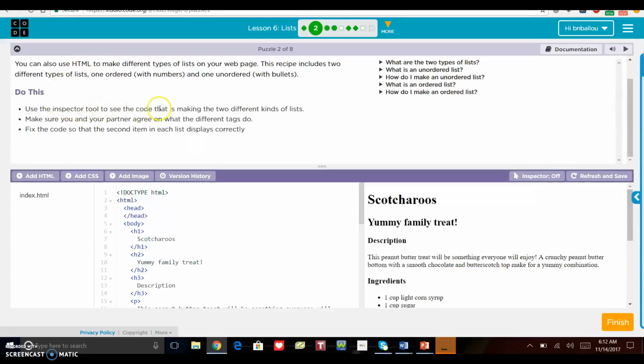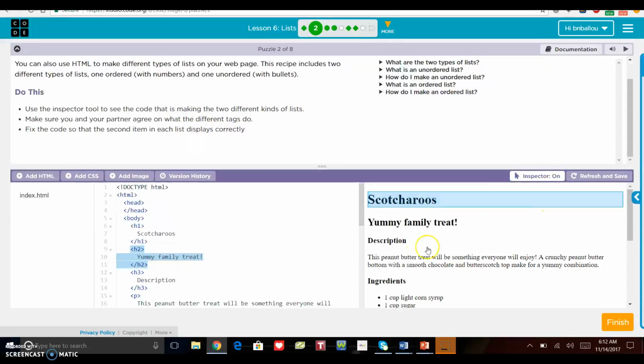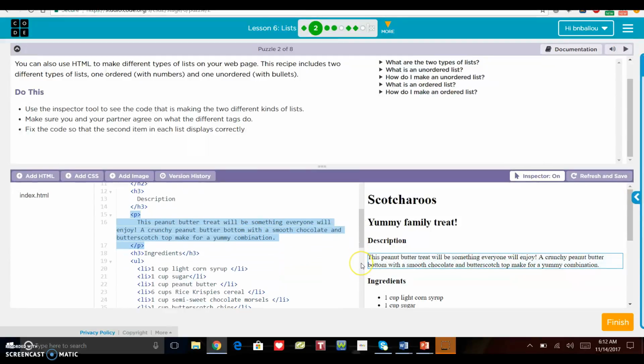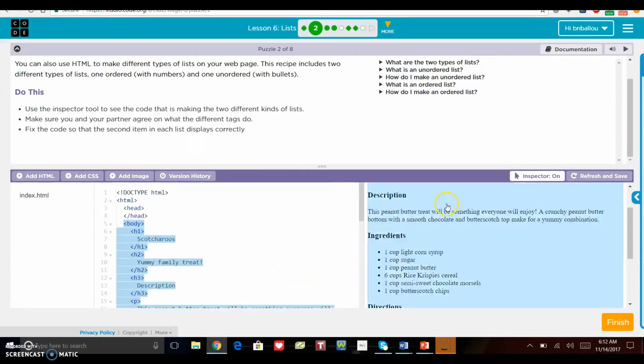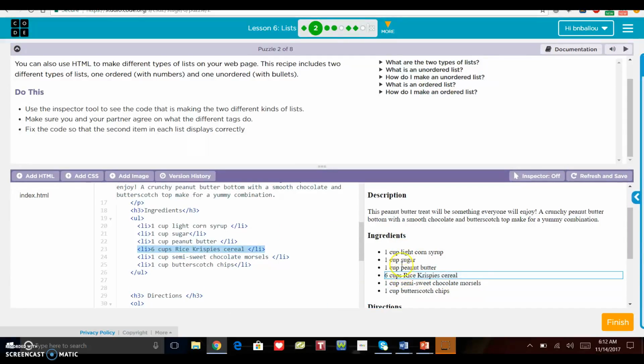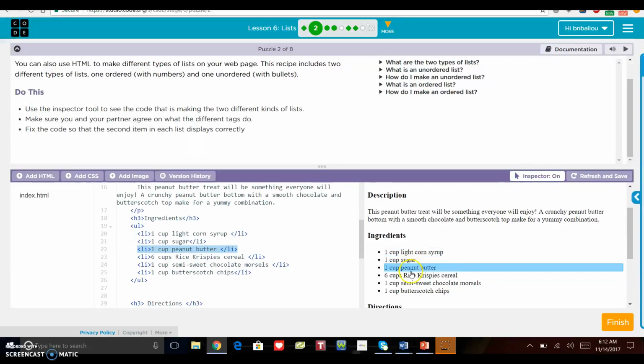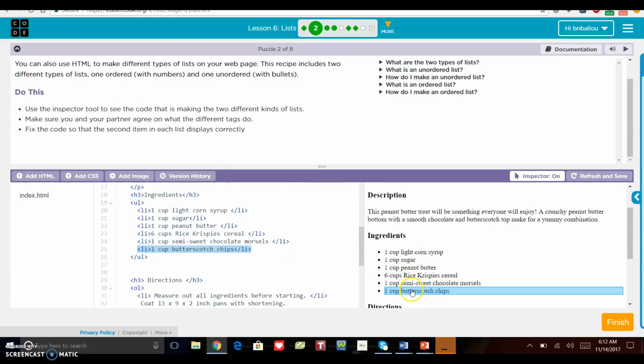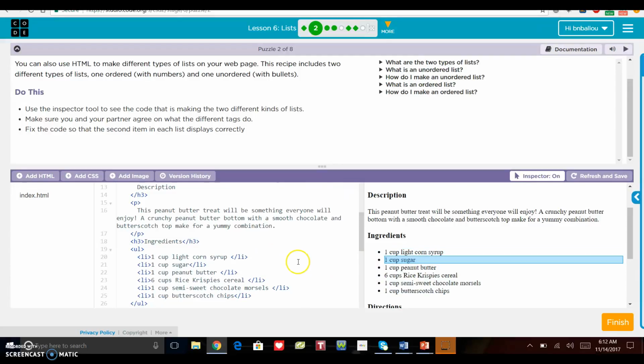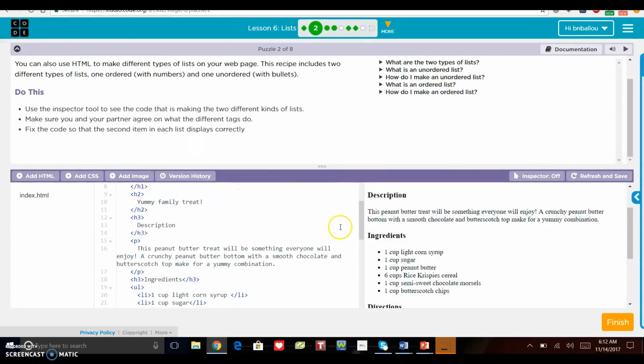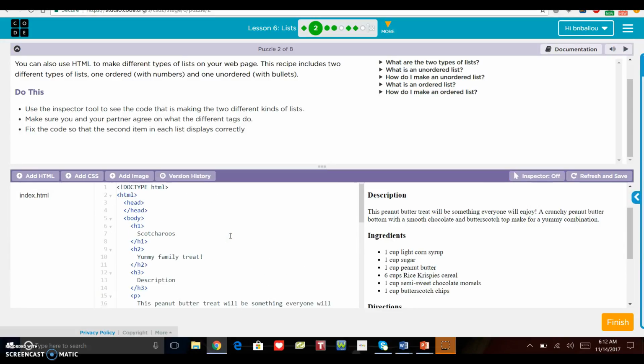Use the inspector tool to see the code that is making two different kinds of list sets. Our inspector is on, I believe. So I can just click and it'll show me when my inspector tool is on where all of my code is coming from. Now you'll see, I'm going to turn it off for a moment. You will see